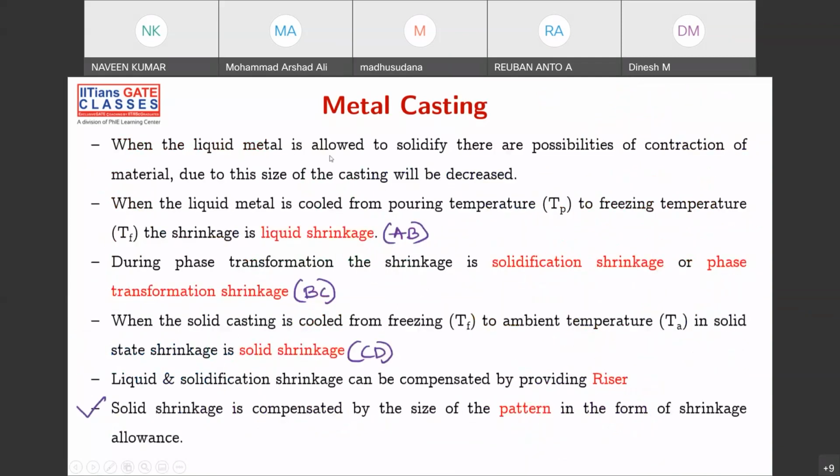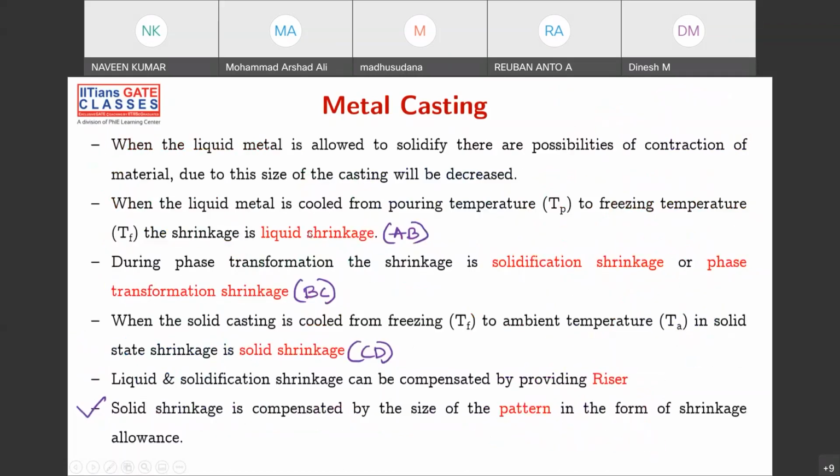So when the liquid metal is allowed to solidify, there are possibilities of contraction of material. Due to this, the size of the casting will be decreased. Okay, so when the liquid metal is cooled from pouring temperature to freezing temperature,